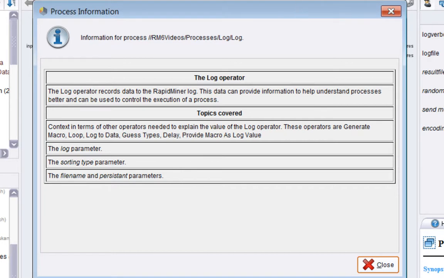This video is about the log operator. This operator records data to the RapidMiner log. This data can provide information to help understand processes better and can be used to control the execution of a process. The log operator is quite simple, but really can only be understood if you look at it being used